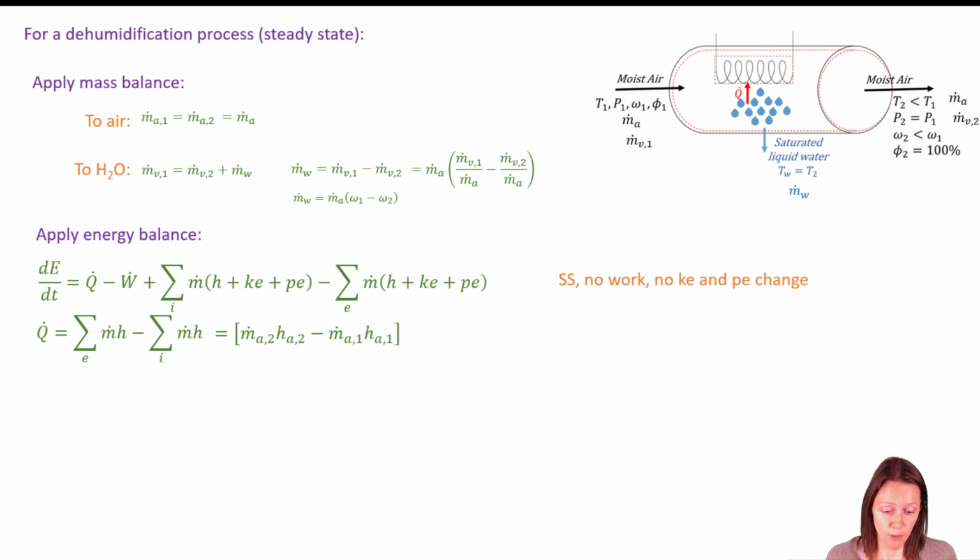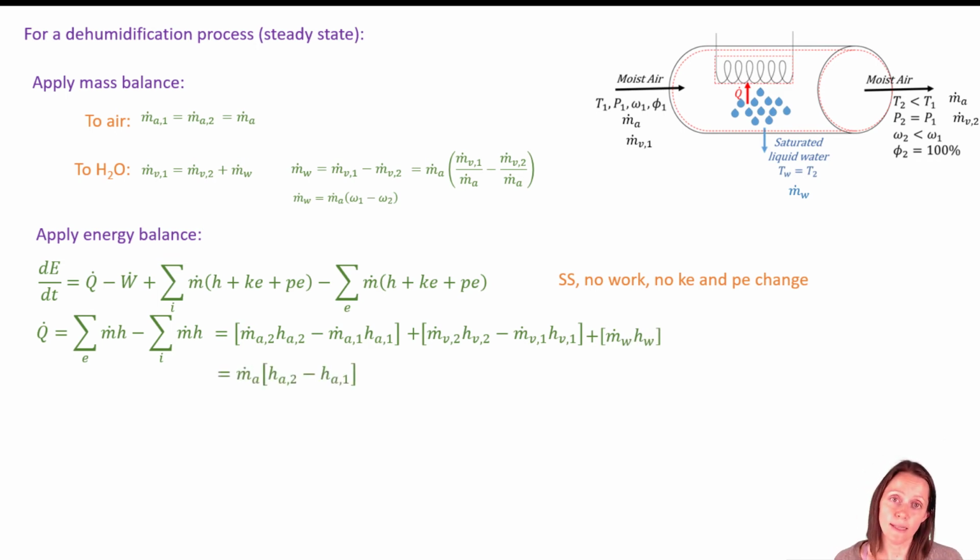So I've got the dry air, stuff coming out minus stuff coming in. I've got the water vapor, stuff coming out minus stuff coming in. But I've also got that condensate that's coming in. So now what I'm going to do is isolate the mass flow rate of the dry air. So m dot A2 and m dot A1 are equal to one another. So for that first term, I can take m dot A out of the parentheses. I'm not quite ready to do anything with that second parentheses term, but this third parentheses term, I can look